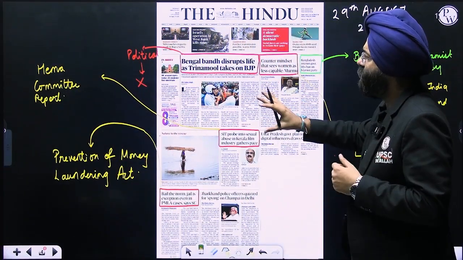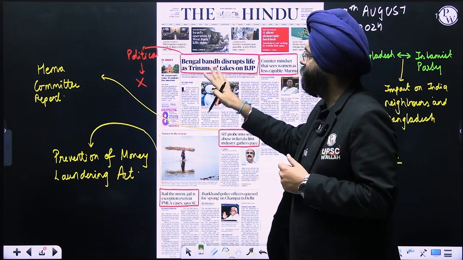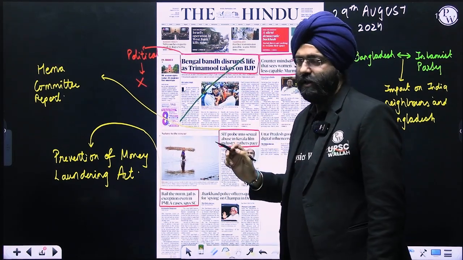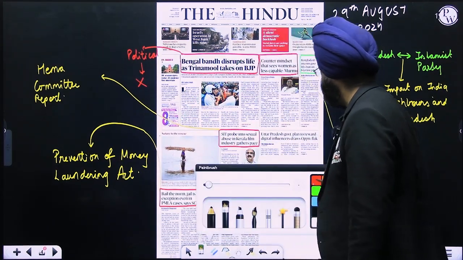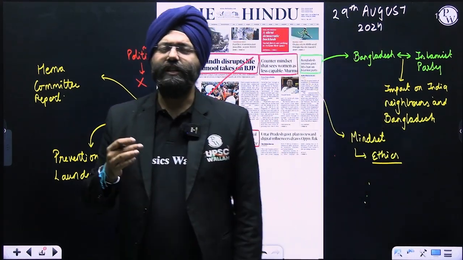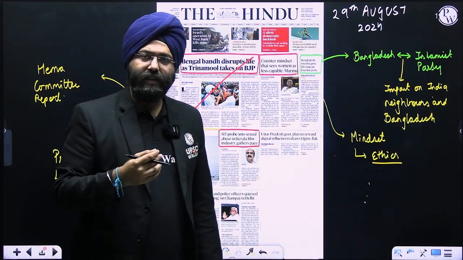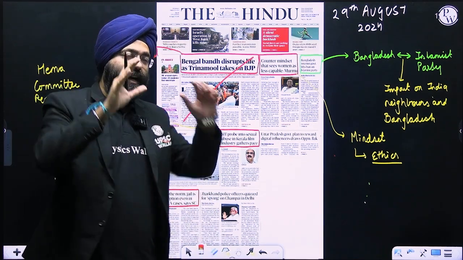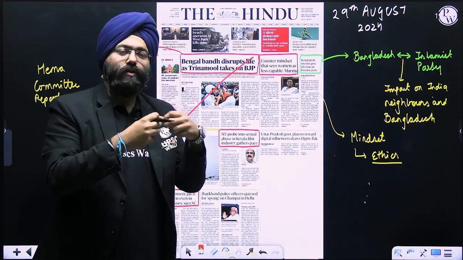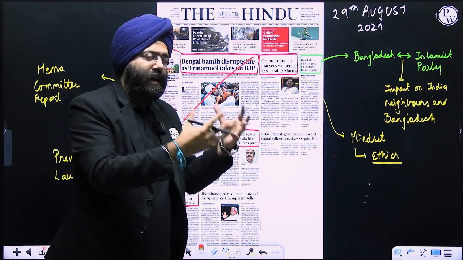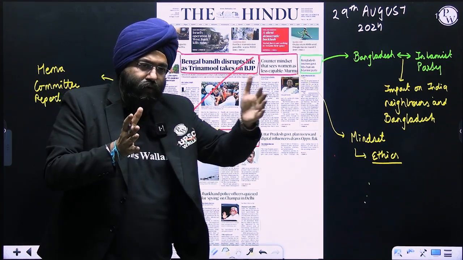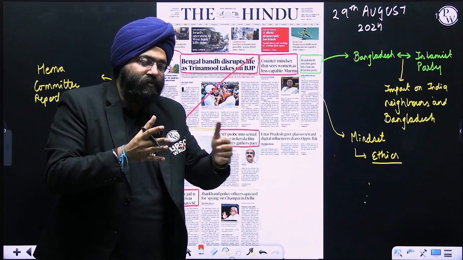Now, a very important thing is that this main article mentions certain political parties and all. Please remember, political news is of no importance to us. What we need to basically understand is the issue that is in the backdrop. This is related to the very unfortunate instance of a rape of a doctor. That is an issue that has been going on for some time. Now, we need to know what are the issues, what are the laws, what are the judicial angles that are associated, what are the Supreme Court judgments. See, these are because it is something that will continue for some time. The issues, opinions will be coming in the editorial.